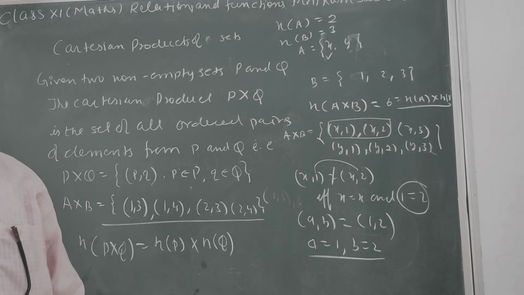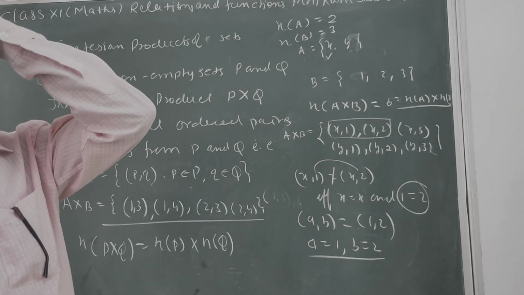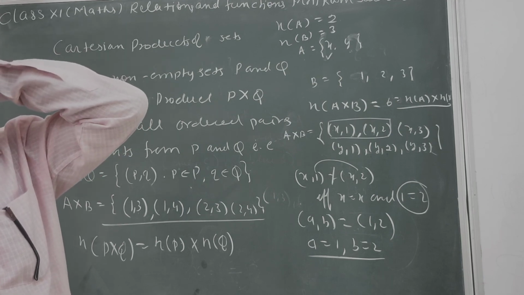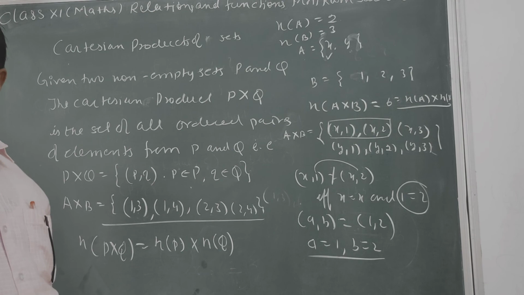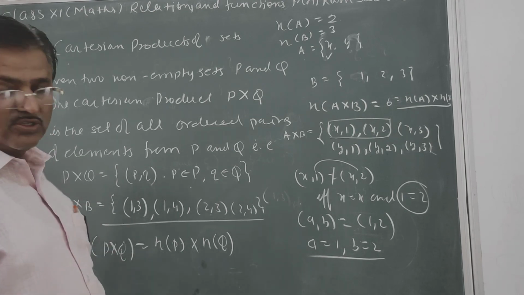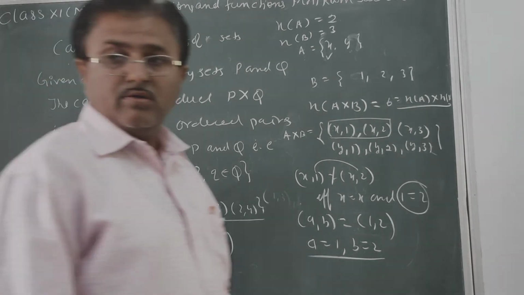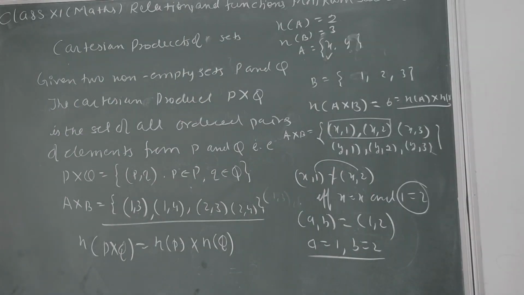Next, say if A and B are non-empty sets and either of them is an infinite set, then the total number of elements in the Cartesian product will also be infinite. And if you want to write one more thing, that is the triple product we can take. So in the next class we will see how we can do that. So this is all about today's class. Thanks for watching. Have a nice day.